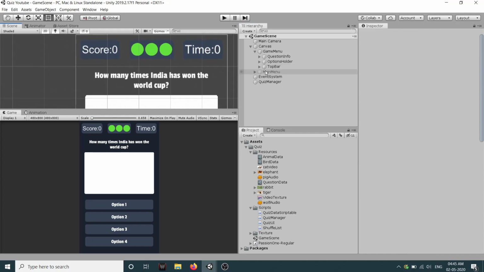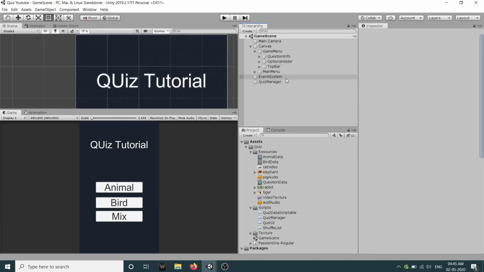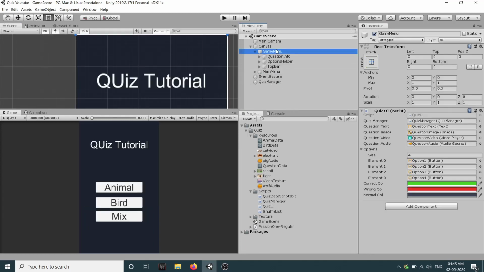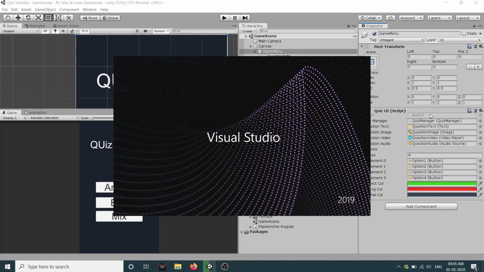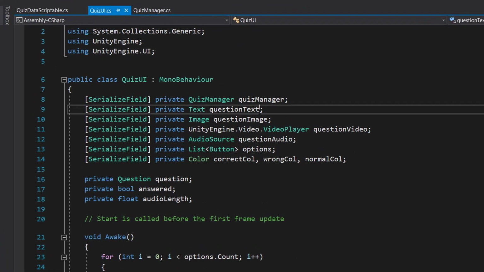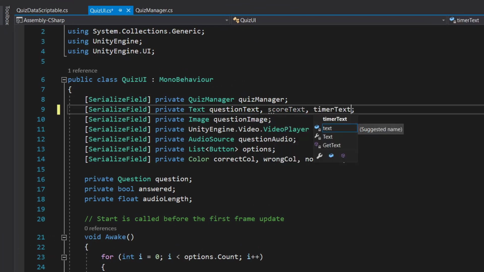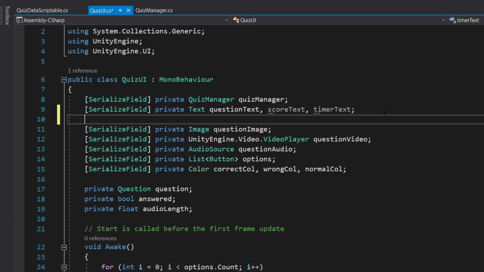Okay, so now we need reference to all of them. As you can see here, our quiz UI manager is on our game menu. Let's double click on it to open it. So we have this question text. We will add our score text as well as our timer text. Okay, then we have a list.